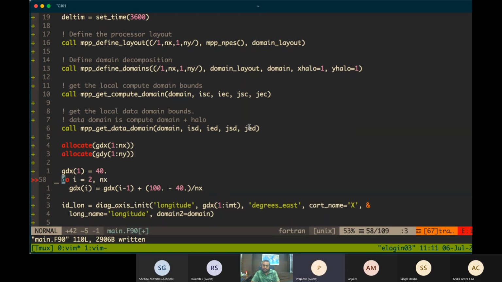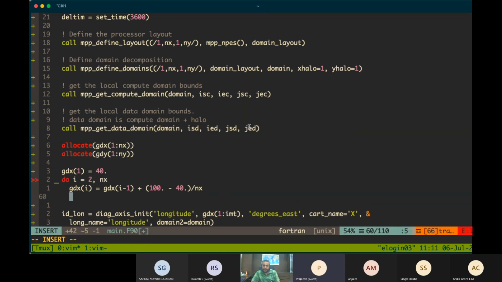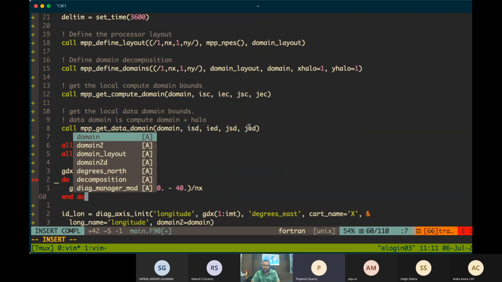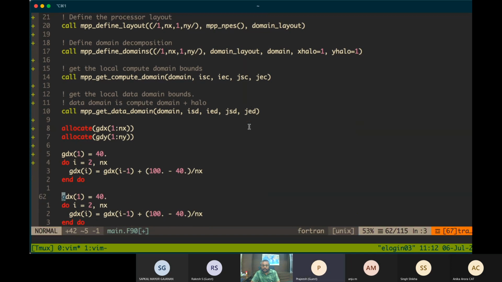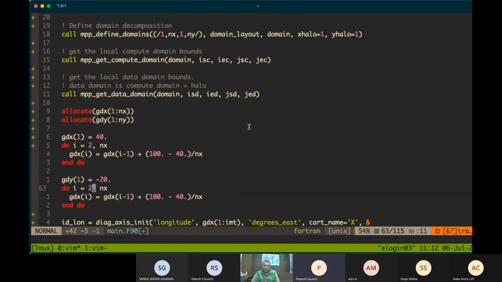I just don't want to define the variable. And similarly for DY, take from -20 to 20.